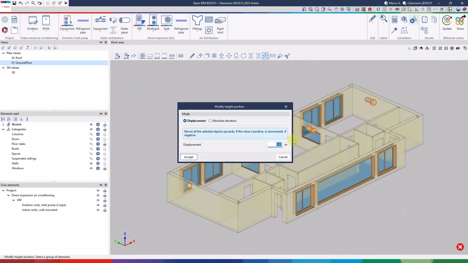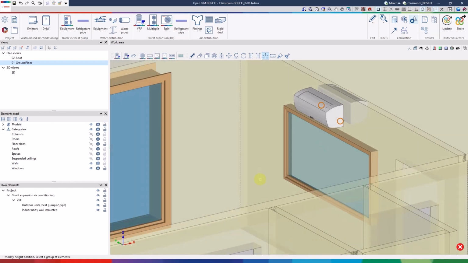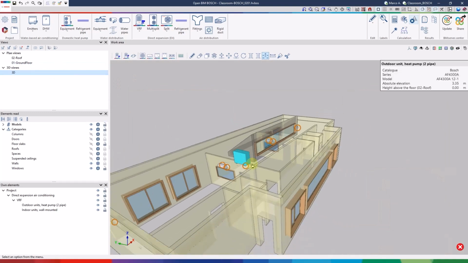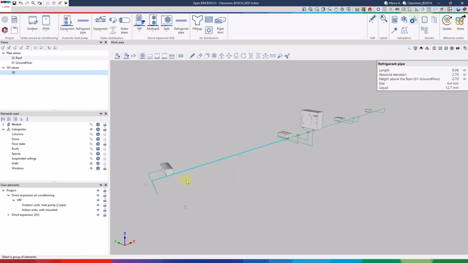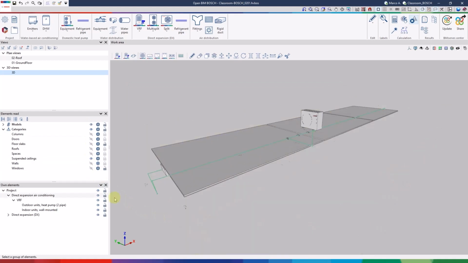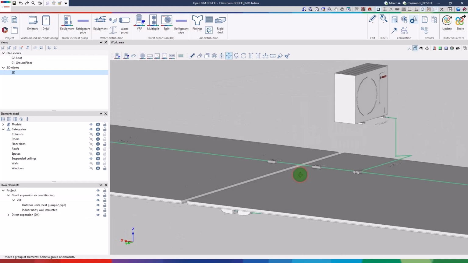The next step is to connect the units with pipes. For this purpose, we have an option to connect them automatically. If necessary, we can edit the result of the automatic connection made by the program to coordinate our architectural reference and the existence of suspended ceilings, for example, more precisely.